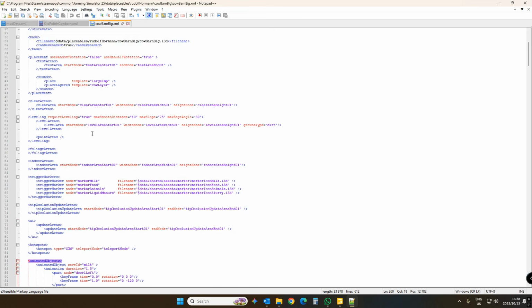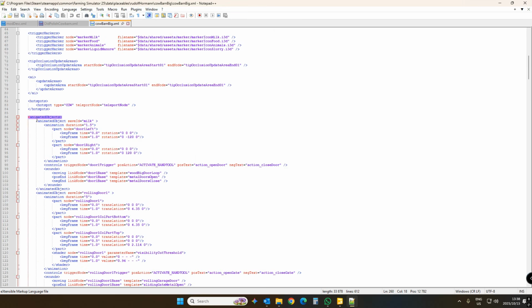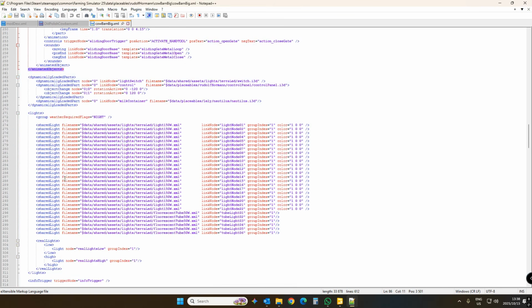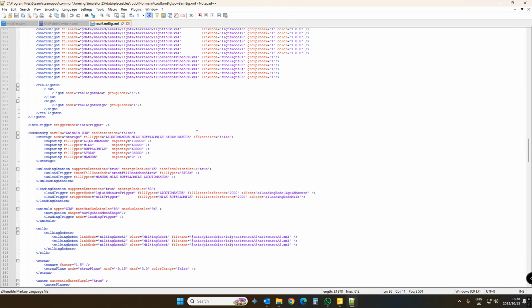Cowborn Big. Where is the husbandry now? That's animated objects. Am I blind? Did I miss it? There we go. Husbandry. If you have a look now at animals here, max number of animals is the new thing to add in there. Base max number